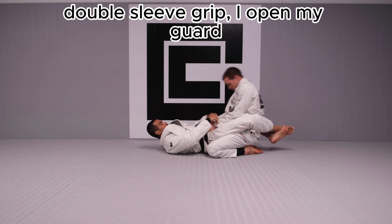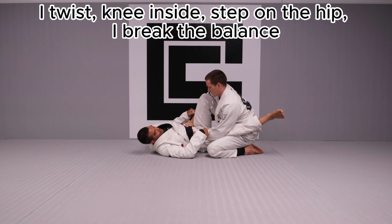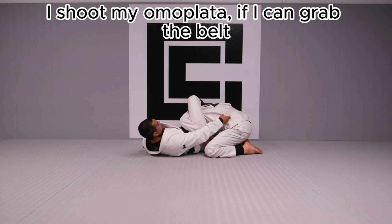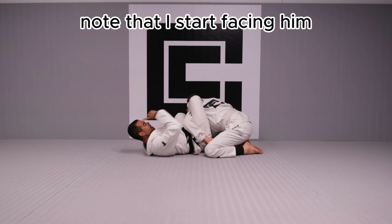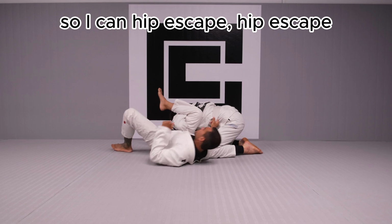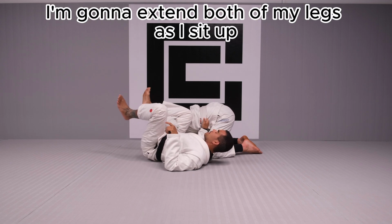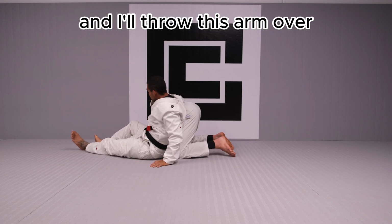So here, double sleeve grip. I open my guard, I twist, knee inside, step on the hip, I break the balance, I shoot my omoplata. If I can't grab the belt, perfect, I need to cut my angle. So now that I start facing him, I want my head facing the other way. So I can hip escape, and I want my center line in line with my partner's center line. That's my goal. Now to sit up, I'm gonna extend both of my legs as I sit up, and I'm going to have this arm over